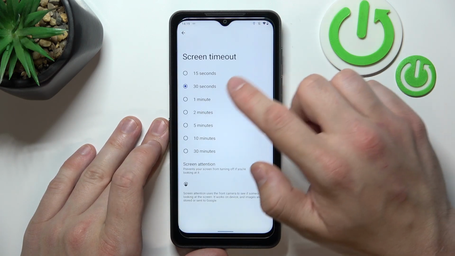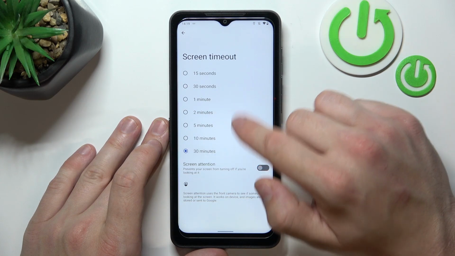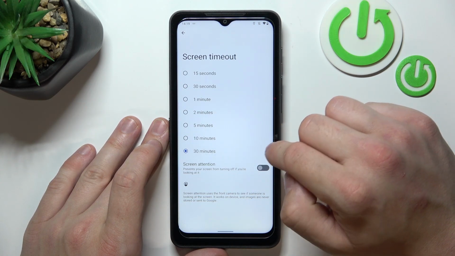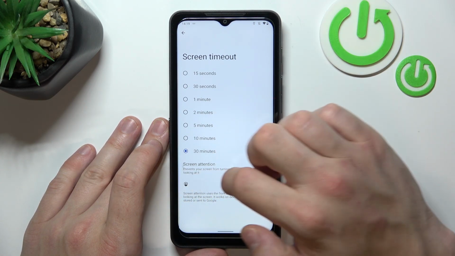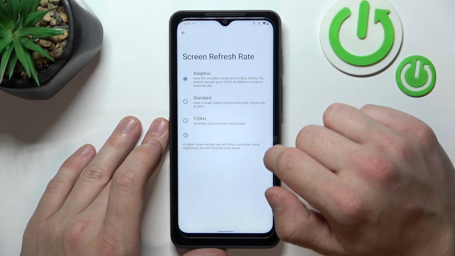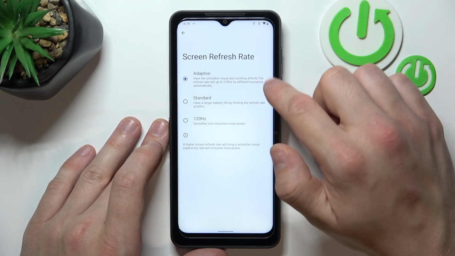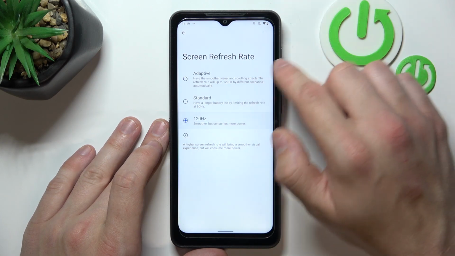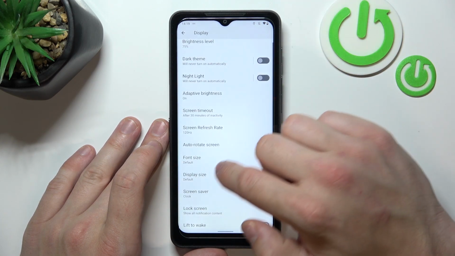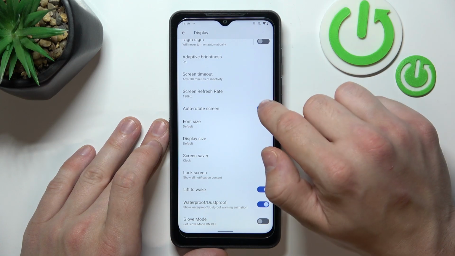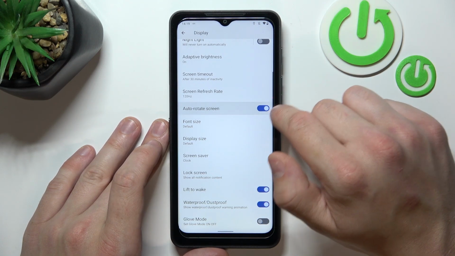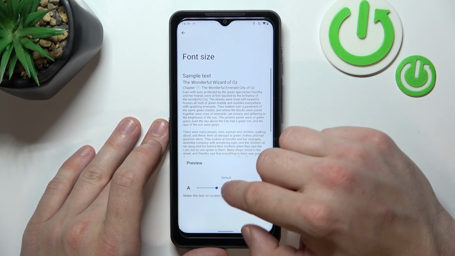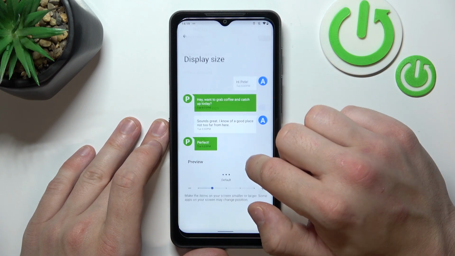Then we can change screen timeout between 15 seconds and 30 minutes and enable or disable screen attention function. Next, we can change screen refresh rate between adaptive, standard and 120 Hz, and then we can enable or disable auto rotate screen. Next, we can change font size, display size,